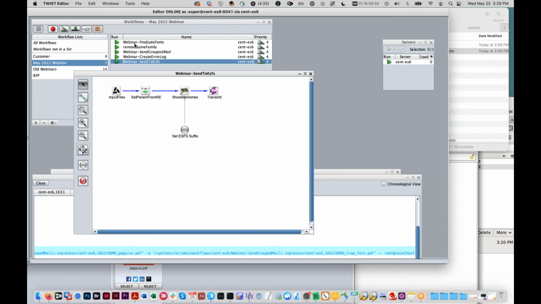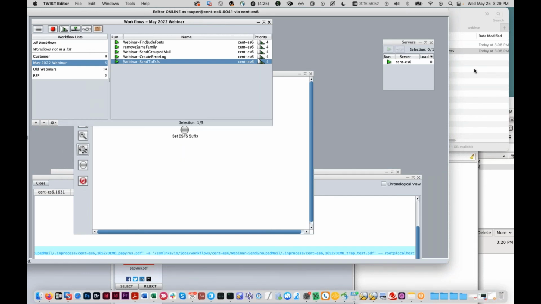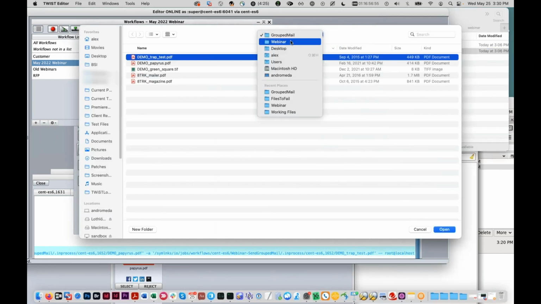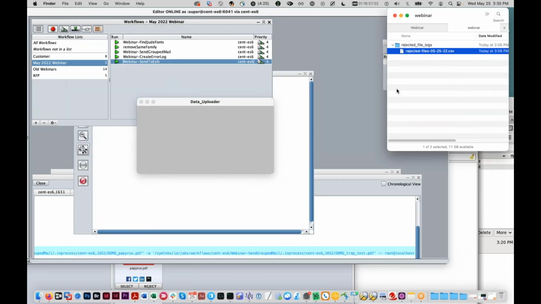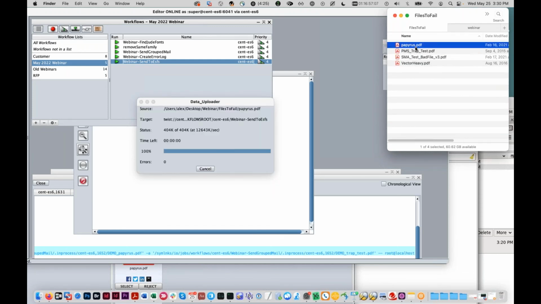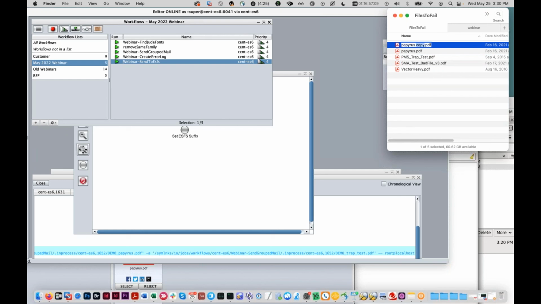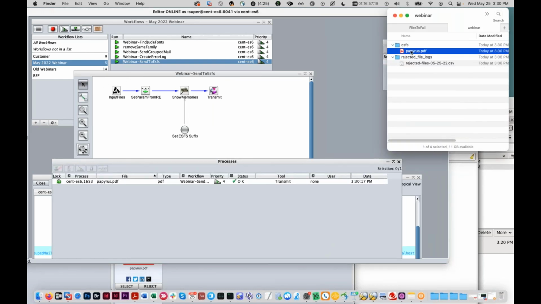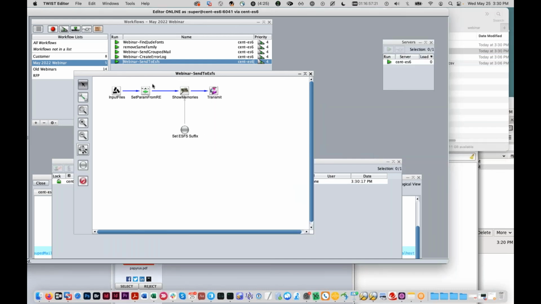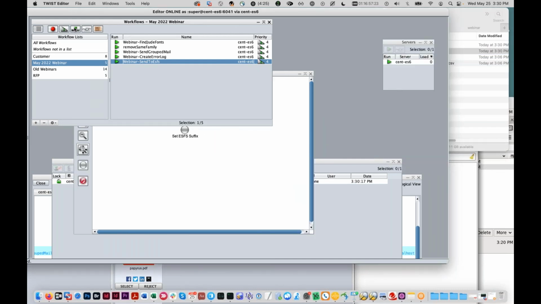In this workflow, I will dump in a file here. Let's get something a little more boring. So let's choose this one. And I'm actually going to make a variant of this we can play with in a minute. So this file should come in, should run through our workflow, and it'll transmit to our file system here. If I re-upload the same file again,